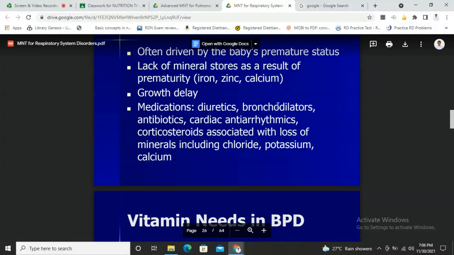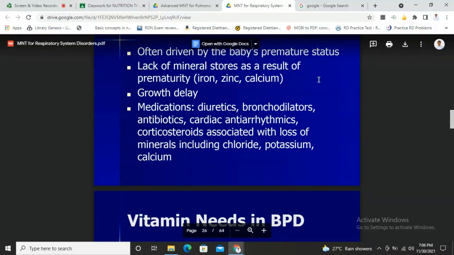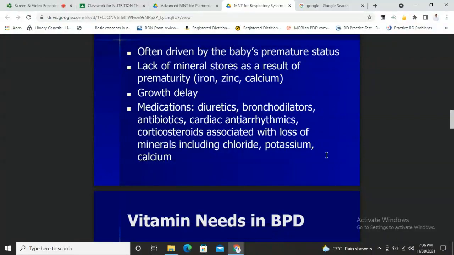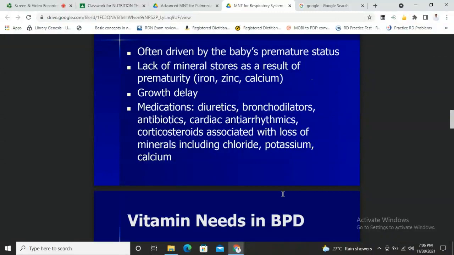Okay, and look for the lab values, no, involving the serum levels of specific micronutrients, and see if the baby is deficient of that specific micronutrient. And you have to also take into consideration the formula that you are giving to the patient and see if that formula would be able to meet their needs. Okay, so you might want to increase it, or you just want to maintain the level of the intake depending on the results of your assessment.